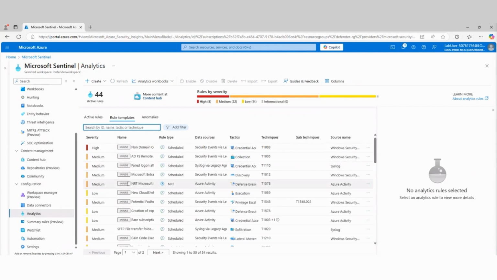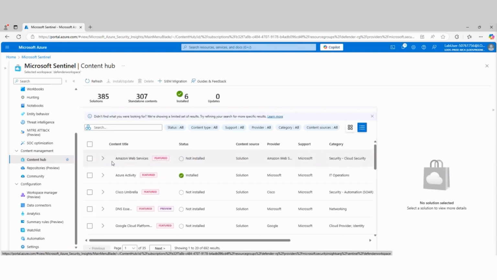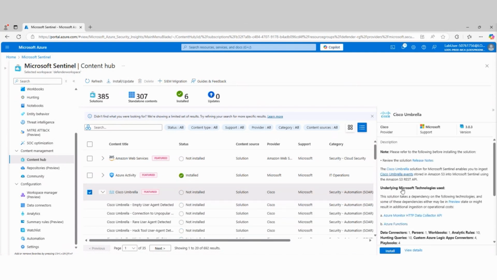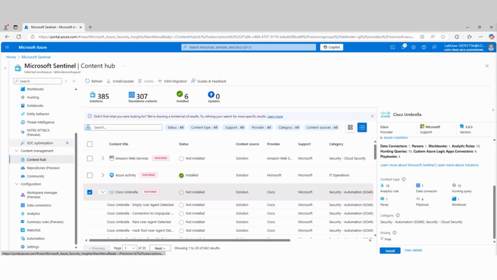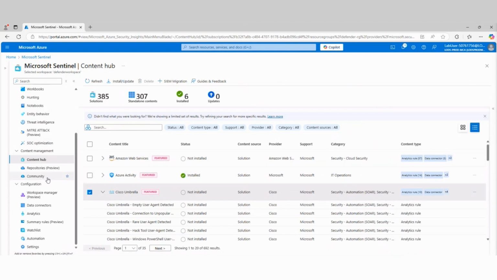So here are all the different pre-built templates. By the way, you'll see more and more templates included in here as you install things from your Content Hub. A lot of times when you install solutions from your Content Hub, it will include some playbooks. So let me give you an example here. If we go with the Cisco Umbrella connector here, notice here, it includes 4 template playbooks that you can have. So as you add more content from the Content Hub, as you install more, you'll see more playbook templates that you can use.